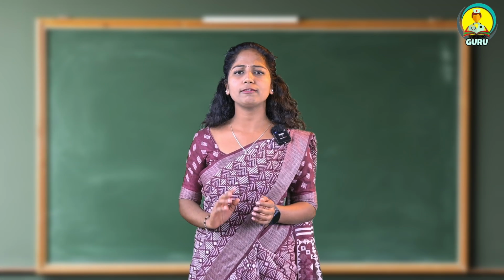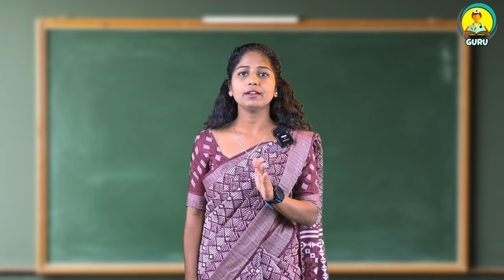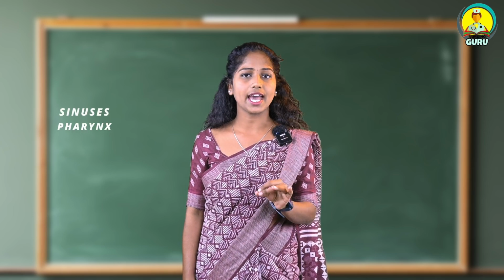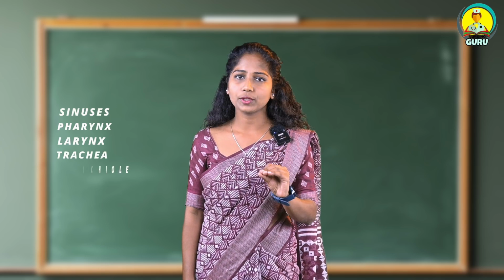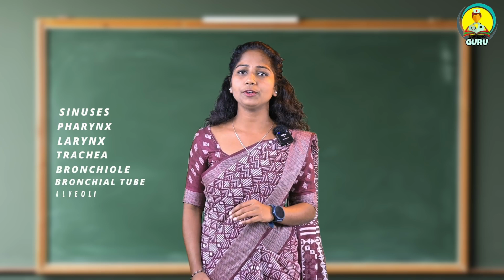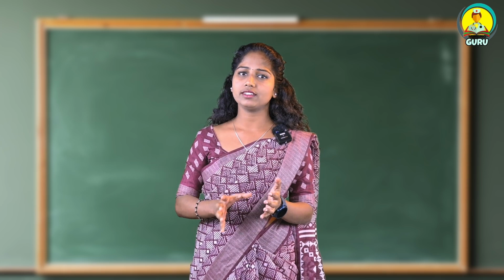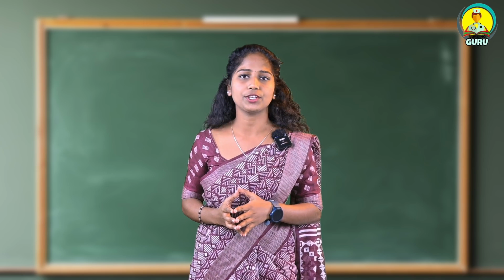It is one of the common viral infections. It may be resolved within 7 to 10 days. Means if anyone has got these problems, they will be resolved very fast, within 7 to 10 days. The parts are the sinuses, pharynx, larynx and trachea, bronchial tube and the alveoli. These are the parts which come under the upper respiratory tract. If anyone has problems and infections in this part, it is considered an upper respiratory tract infection.